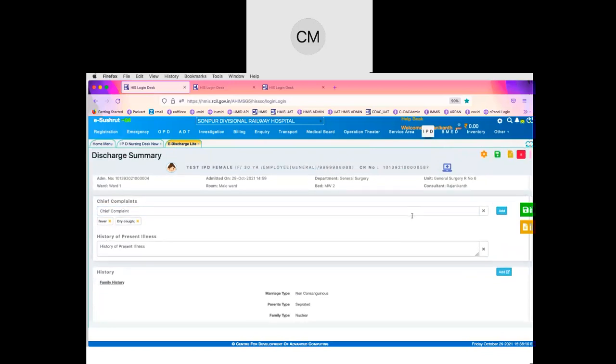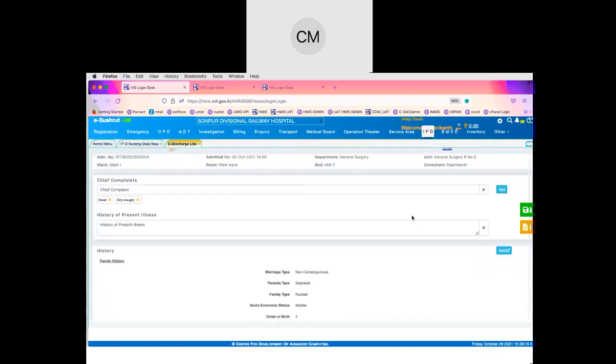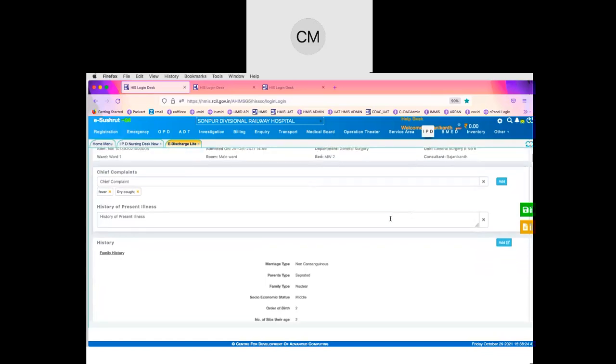It can so happen that the patient records have been maintained in an offline manner, so nothing has been updated online. In that case, the whole record has to be updated wherever the required information has to be given in the system. That has to be manually fed by the nurses. Otherwise, whatever details have already been entered online, those details will come.